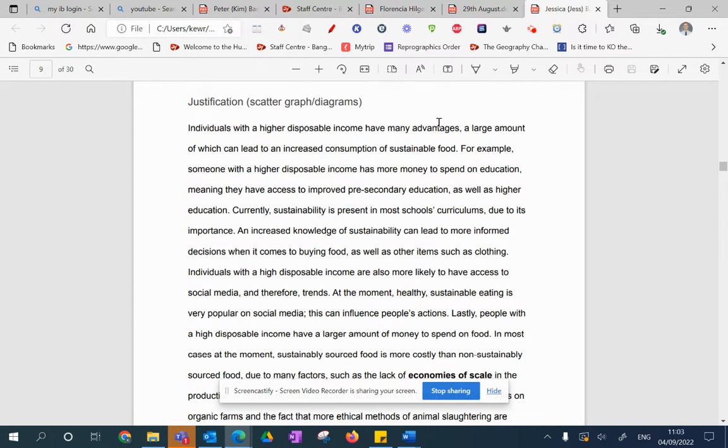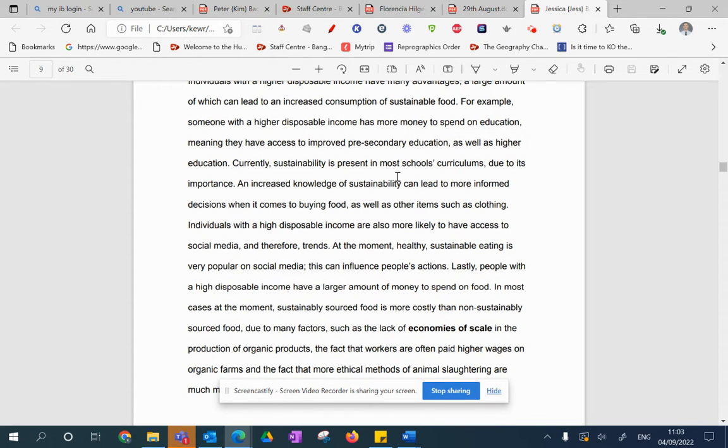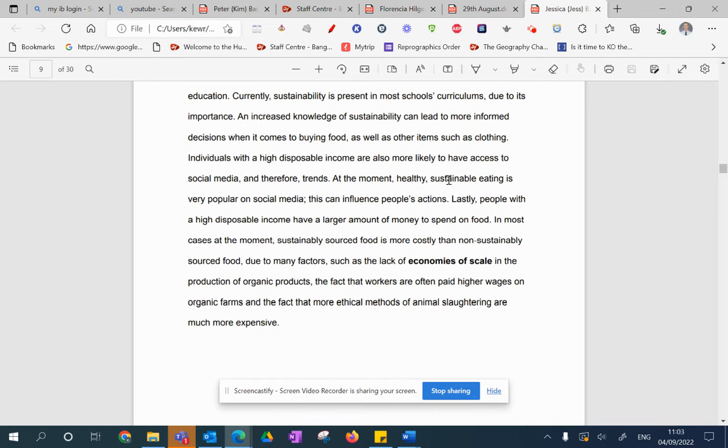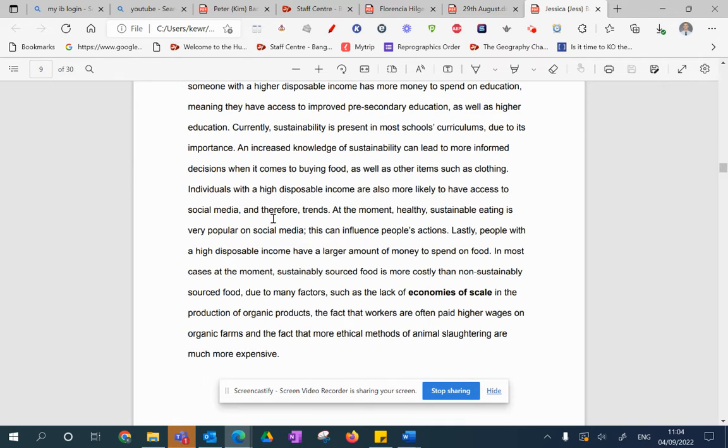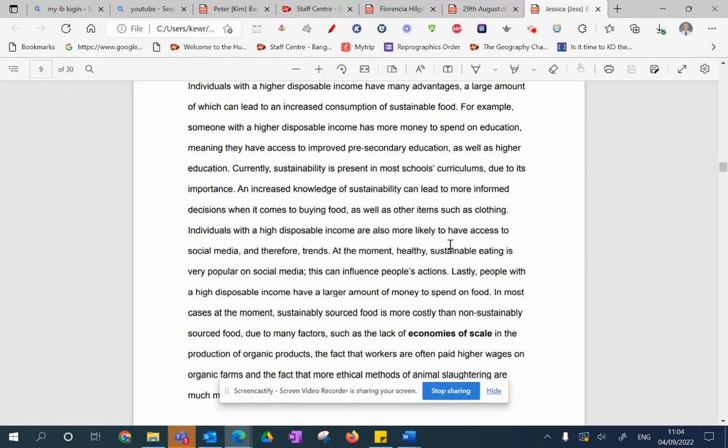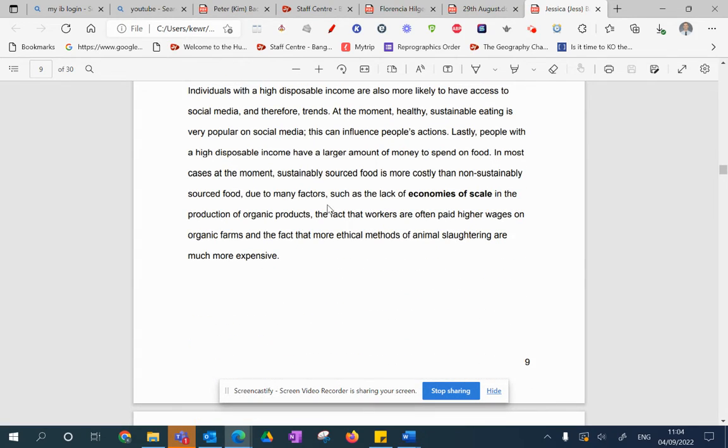Good. So again, you've got really good stuff on why higher income groups are more likely to purchase sustainable food options.